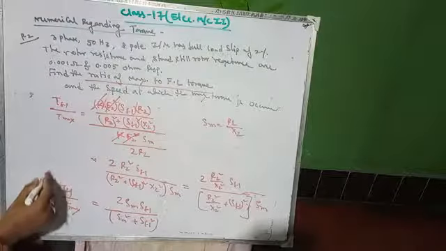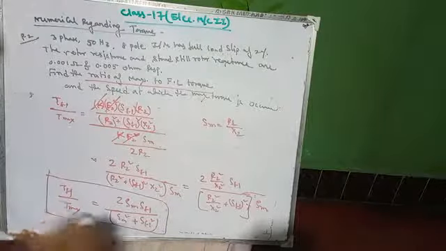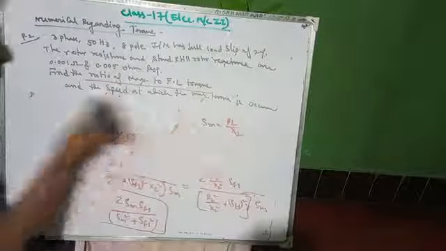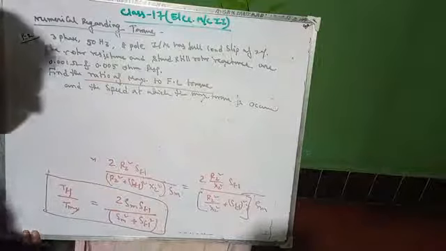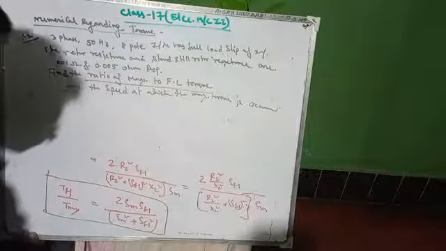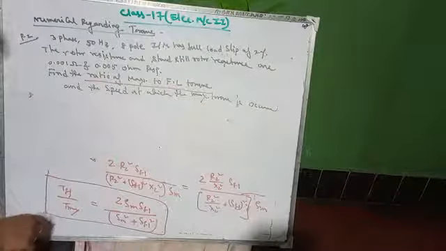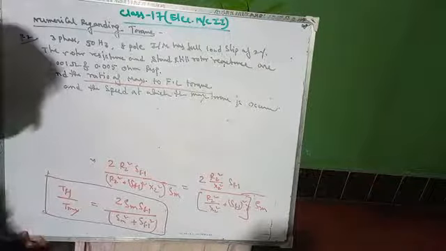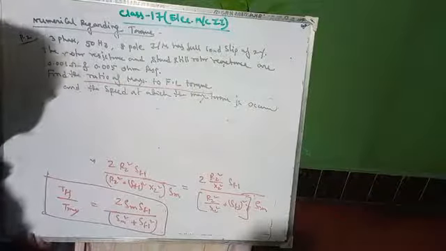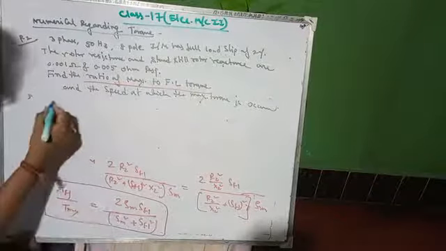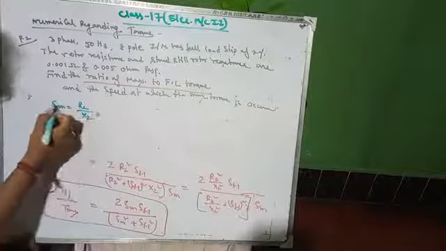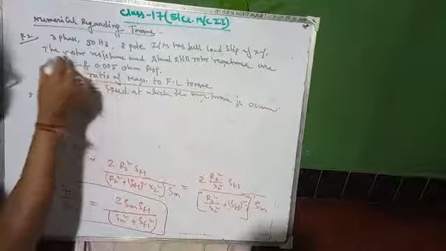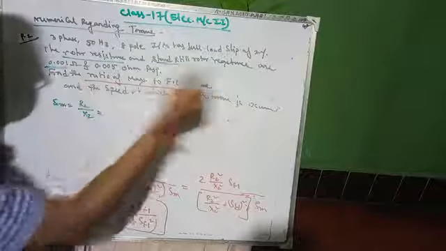Okay, so this formula you can remember directly, or you can find it this way. So it is better to find this first. When this type of question is being asked, first find this relation and use it. Now calculate Sm, which equals R2 by X2. So R2 equals what? This is your rotor resistance and this is your X2, right?